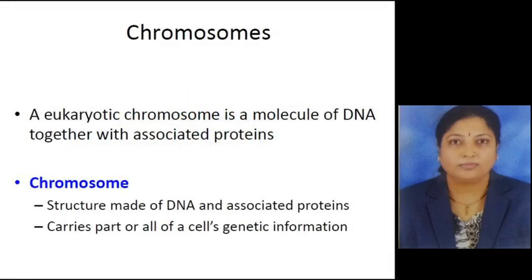So first of all, we are going to see the chromosomes. Chromosomes are thread-like structures made of nucleic acid and protein. They are found in the nucleus of most living cells. Each chromosome is made of DNA, that is the deoxyribonucleic acid. Chromosomes carry genetic information in the form of genes. For example, it helps a cell to grow, survive and reproduce.